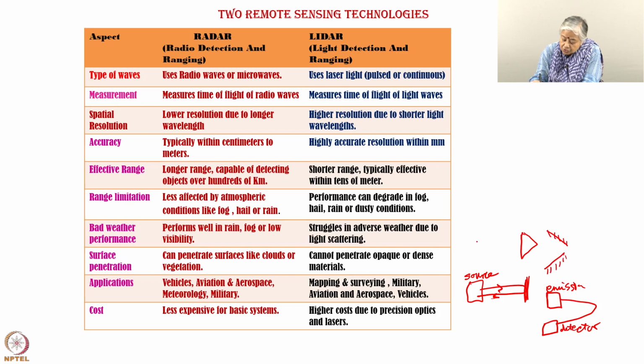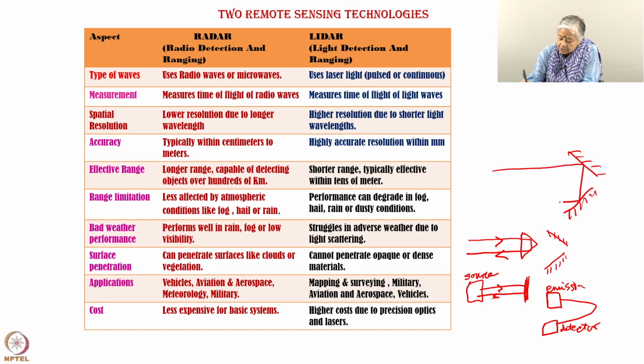So, in a prism, the light will go from here and it will come exactly. So, these two lines will be parallel. Same thing here. Suppose you have these two mirrors at 90 degrees. So, you go here and come back here. So, these two, the going and the coming light, are parallel to each other,